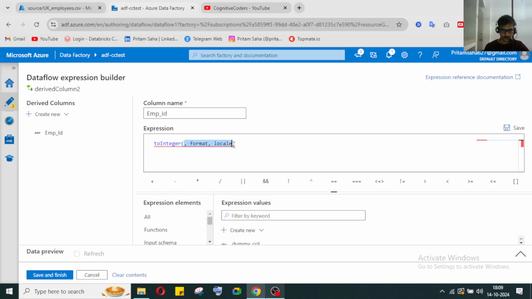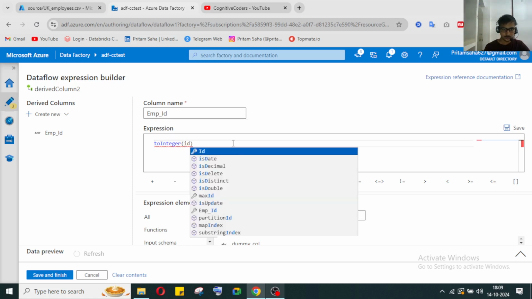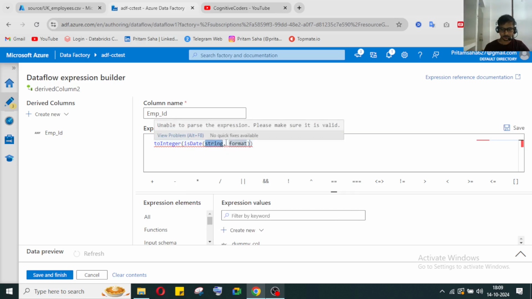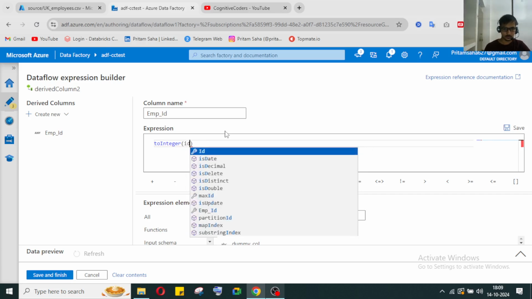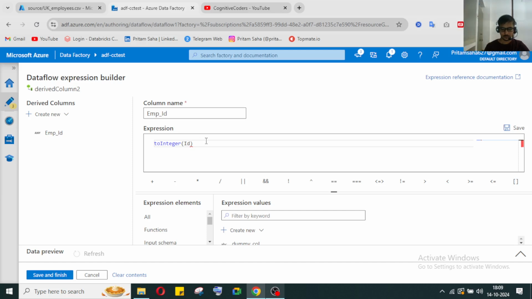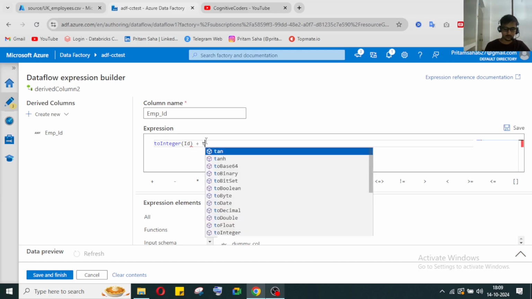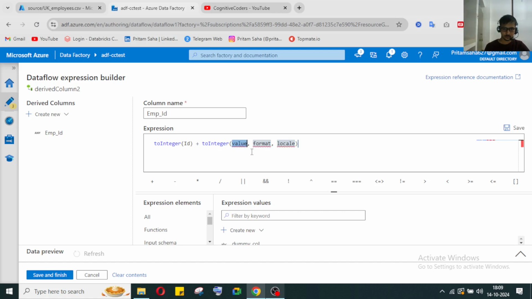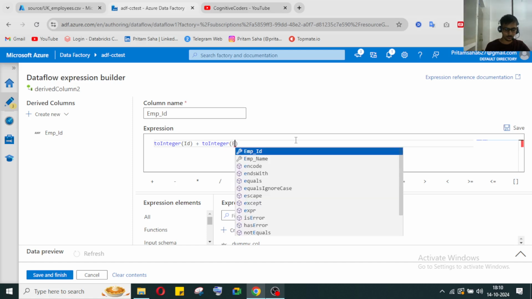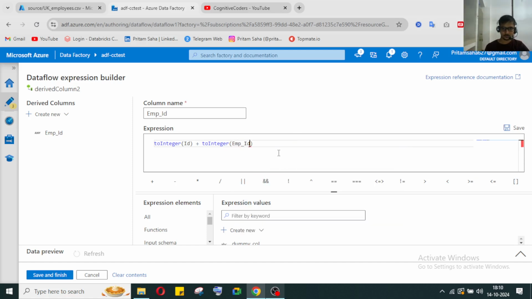So we can keep like this also. toInteger id, we don't need to format, we'll just use the id column only. Id plus toInteger, we don't need these things. The employee emp id. Okay,